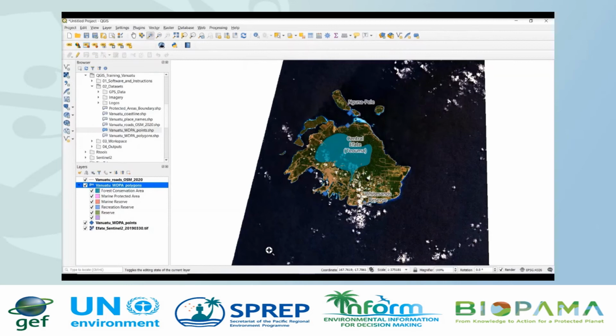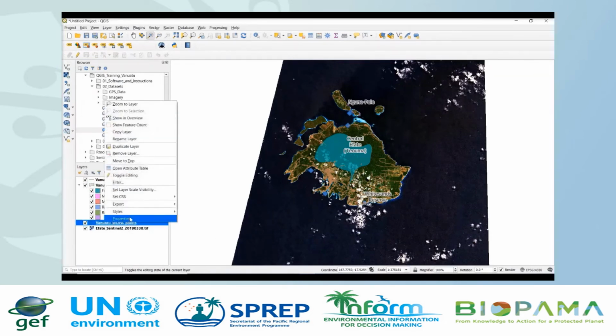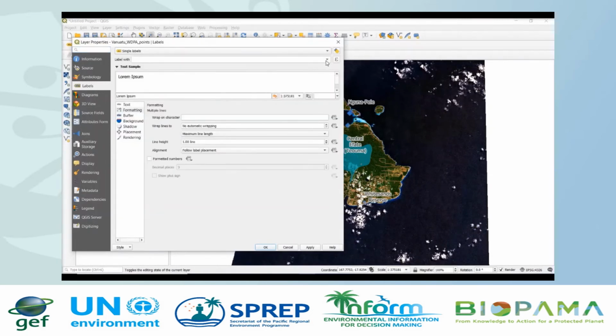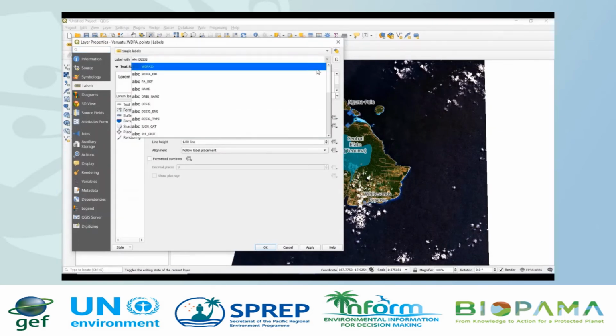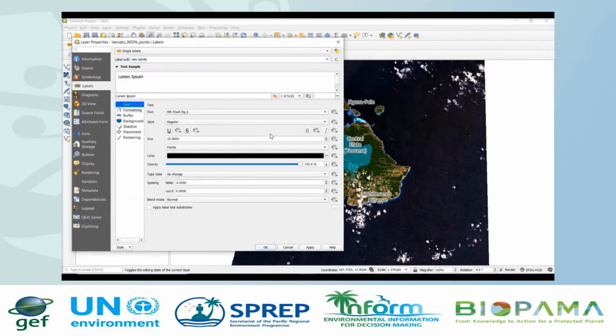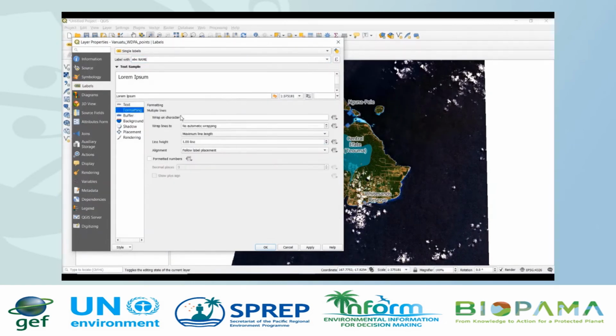I'm going to do the same for the point vector data for the protected areas. So again, going in the properties, changing the label setting to single labels, labeling the point vector data with the name of the protected area, changing the text size to 12 and the opacity to 80%. I'm going to change the formatting where it wraps on the space character,